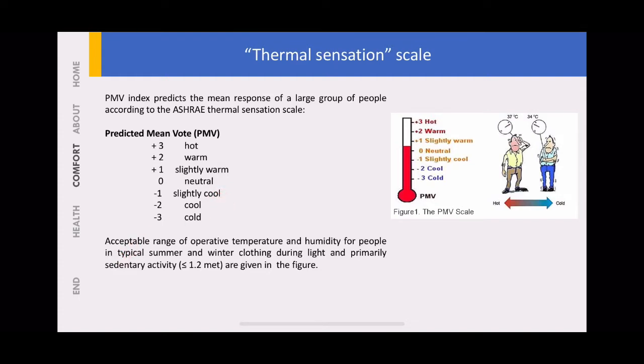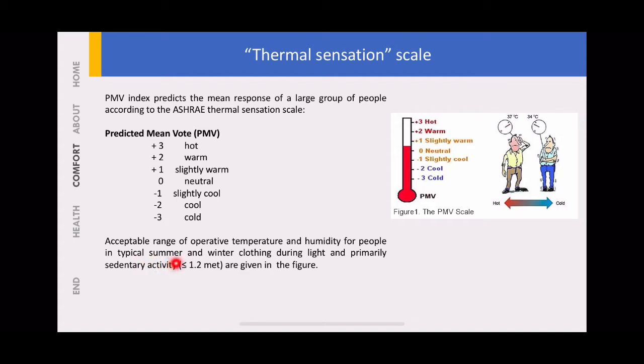Acceptable range of operating temperature and humidity for people in typical summer and winter clothing during light and primarily sedentary activity, less than 1.2 Met, are given in the figure. Now let's talk about this lightly. We will discuss these terms in depth in a few slides after this, but the introduction will be